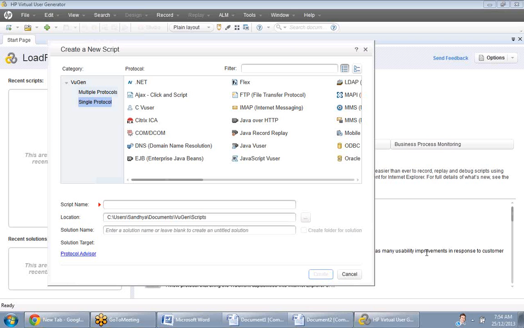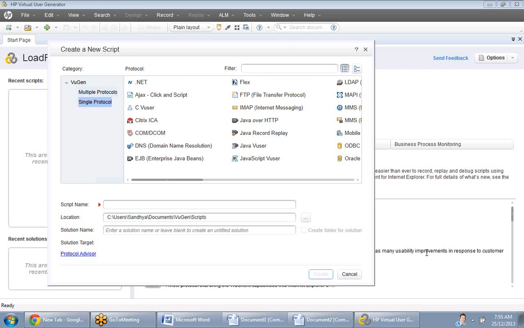Scenario is different. I also explained scenario yesterday. A scenario is what business process to use, how many users to use, and what load generator to incorporate. A scenario will be created only in the controller, for execution. That is different. This is the business process. We create a script, so how to proceed with creating a script, that is this concept.